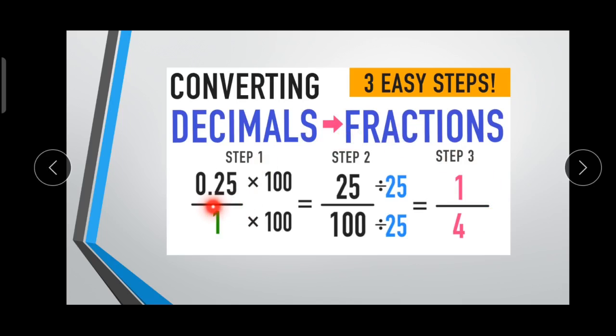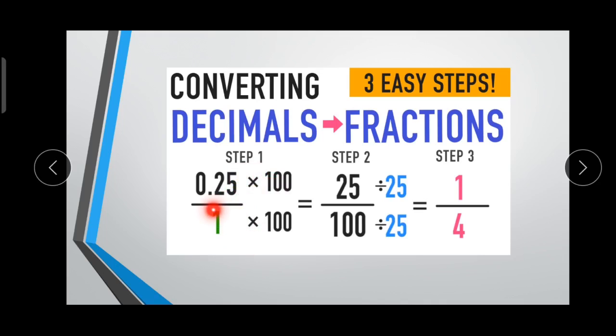See here, after the decimal dot, it is 2 numbers. It is 2 places. If it is 2 places, we have to multiply both the numerator as well as the denominator by 100. And one more thing, after the decimal dot, if it is 1 digit, we multiply with 10 in the numerator and 10 in the denominator. If it is 2 digits, we multiply 100 in the denominator and 100 in the numerator.